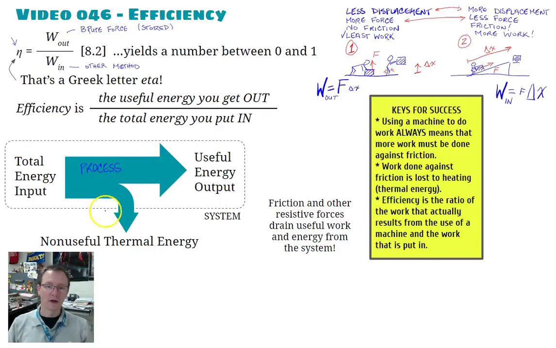I don't know what it is, but as a result, usually through friction bleeds off some of the energy into this, goes outside of the system as non-useful thermal energy or heat, right? So it heats up the